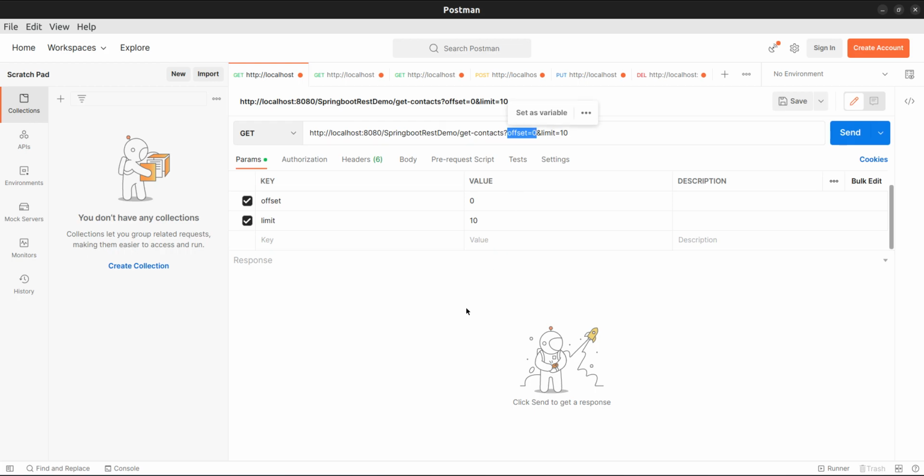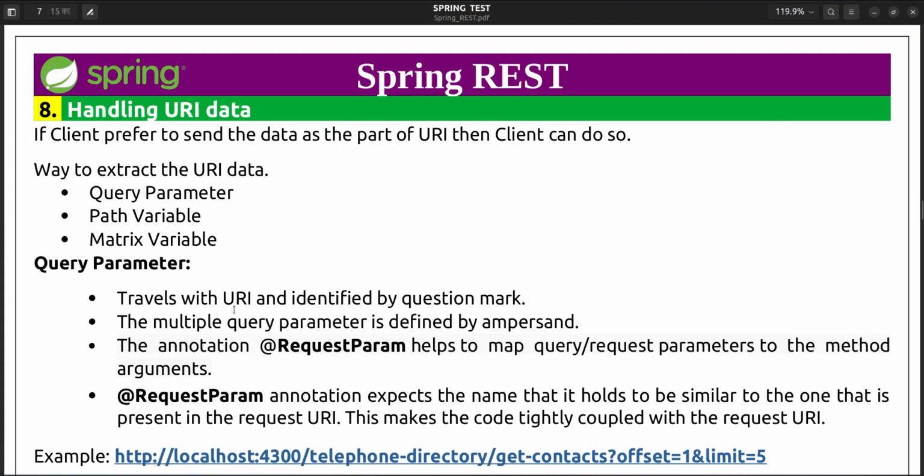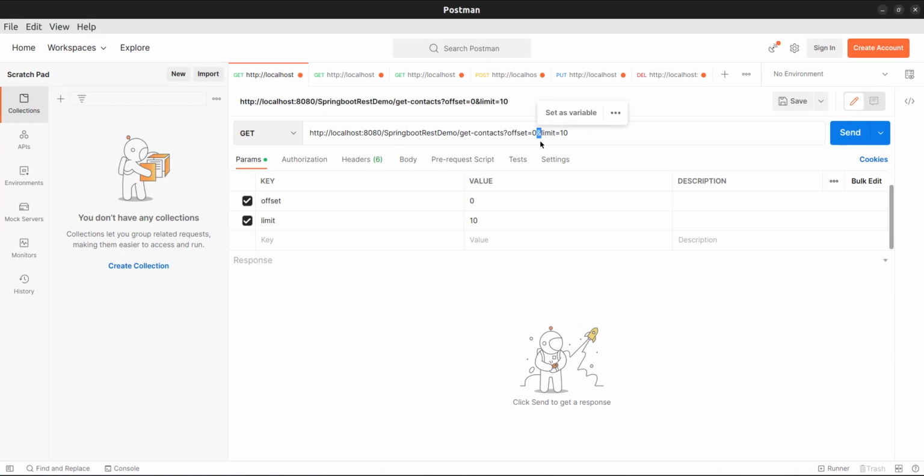If more than one key value is there, we append them using the AND operator. Key is limit, value is 10. Here key is offset, value is 0. The ampersand is used to append more than one query parameter. So that is query parameter.